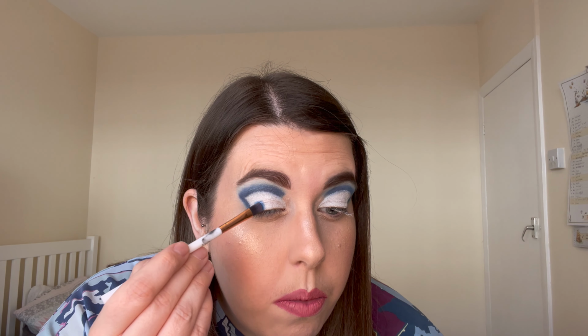So back to the Bright palette, and this time it's this one here. This is Riviera, and this is sort of a darker shimmer blue. For this shade I've got a clean flat brush, and this will enable me to just be really precise with the shade. This is such a lovely shimmer. If you have this palette, you'll know what I mean. So for this one, you want to go about halfway across where you've got your eye